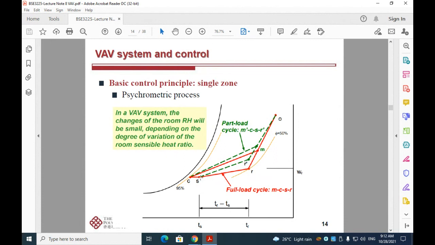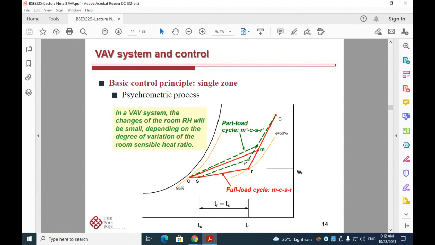So in this partial load scenario, the SHR line is changed. So this is why our supply air state will remain the same, and our SHR line will not be the